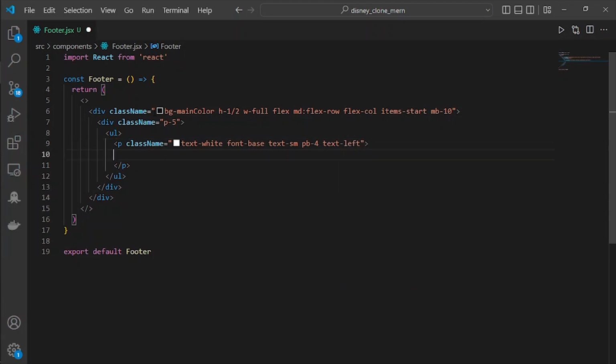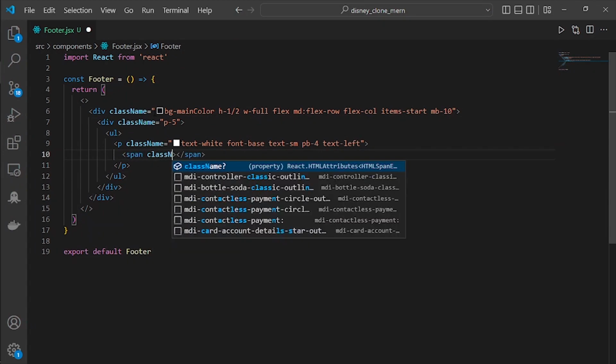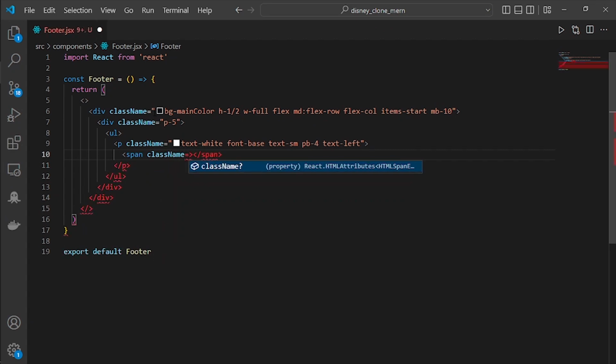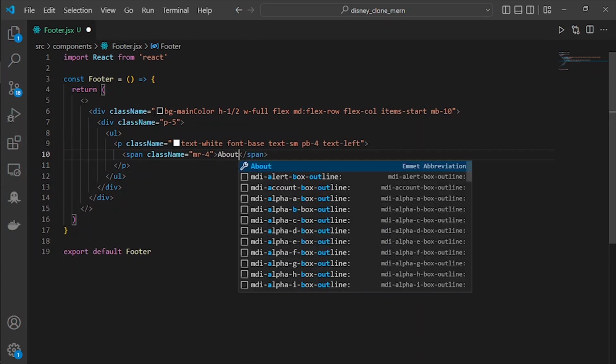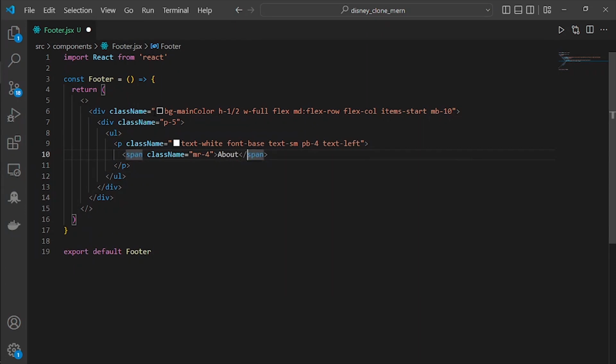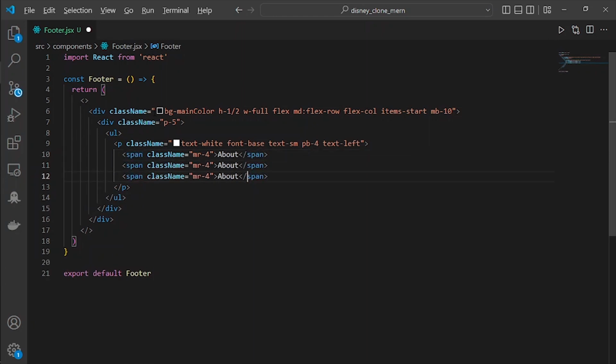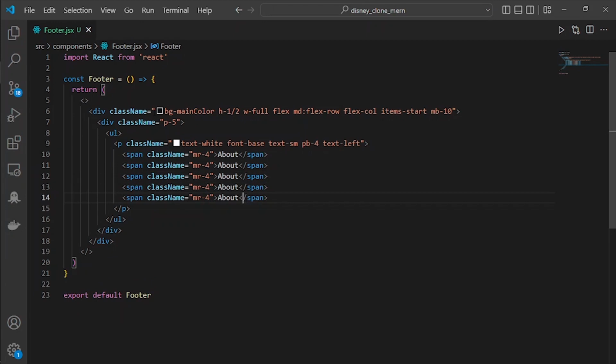Now inside of this p we will have a span with a class name equal to mr-4, and since we are not already making the multi-language feature, in here I will just put the static text in here. Now let's duplicate it four times,